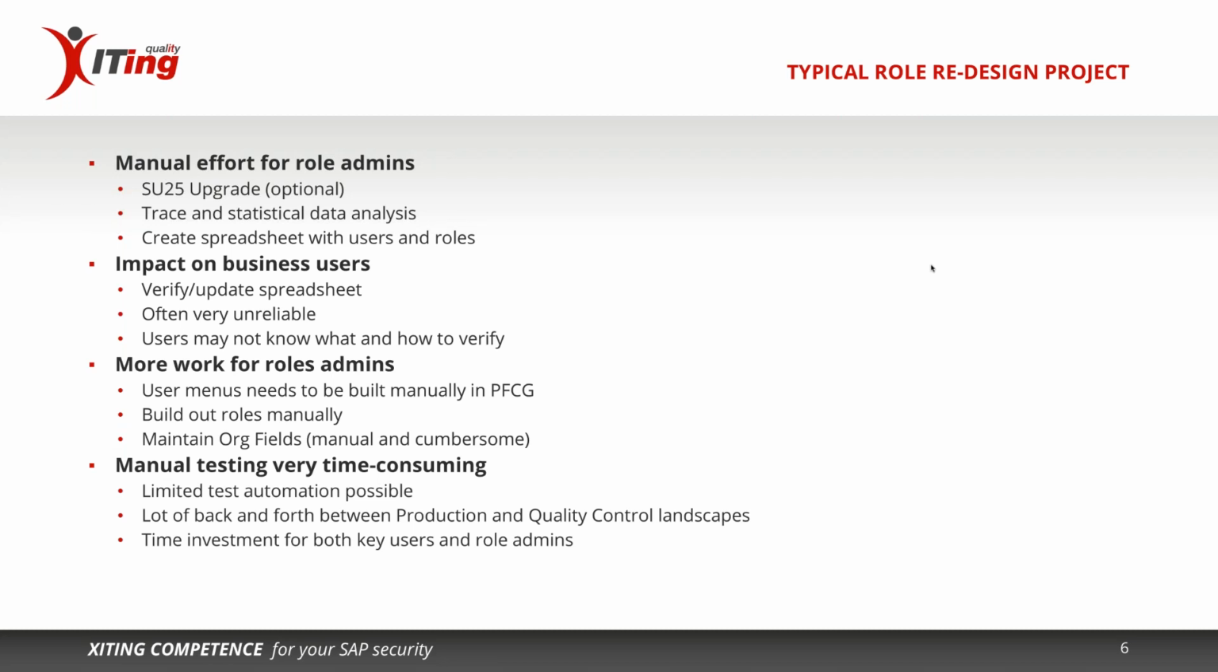And then it's your role admin's job to build out those roles according to the spreadsheet in PFCG, and that's obviously a manual process as well. You have to maintain your org fields. If you have a number of roles that are more or less identical but only differ in org fields, you have to create duplicate roles, maintain the org fields in each of those roles, and then you go into testing,